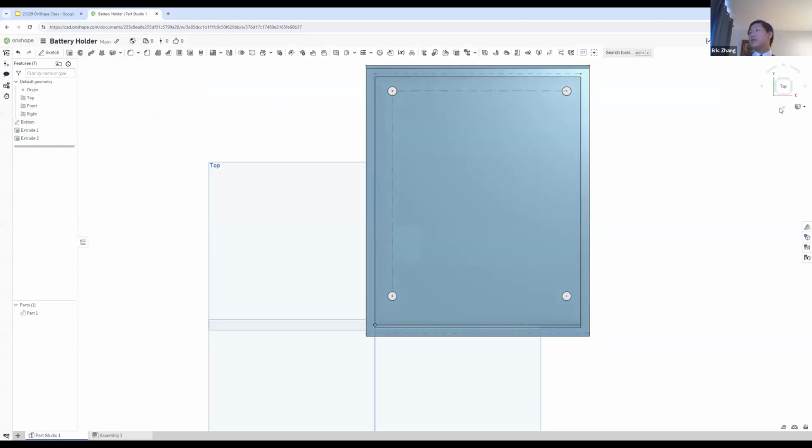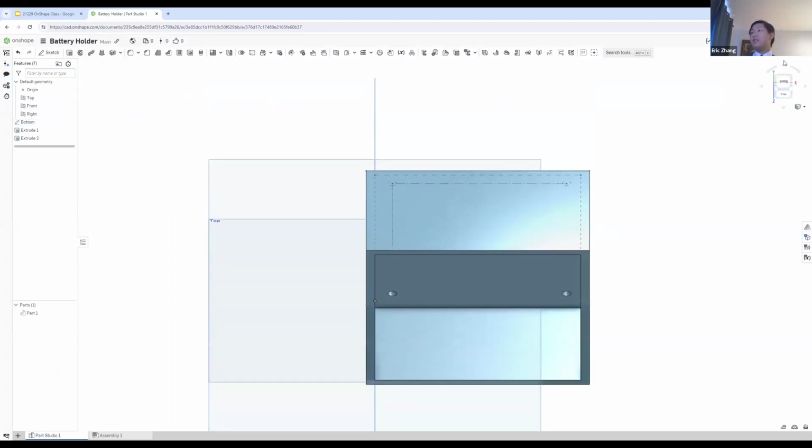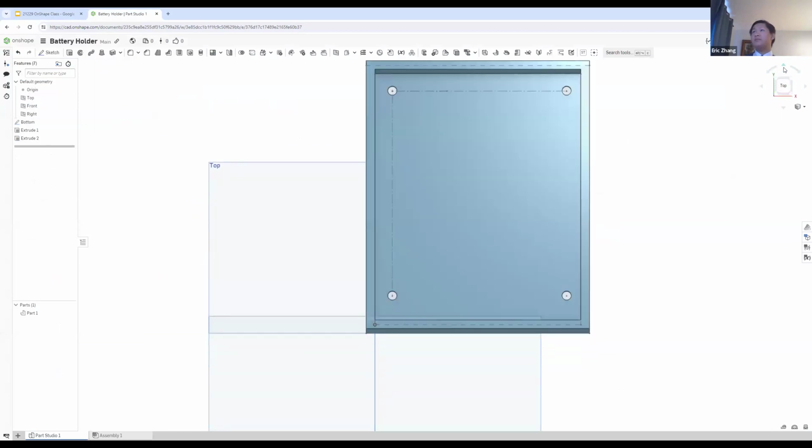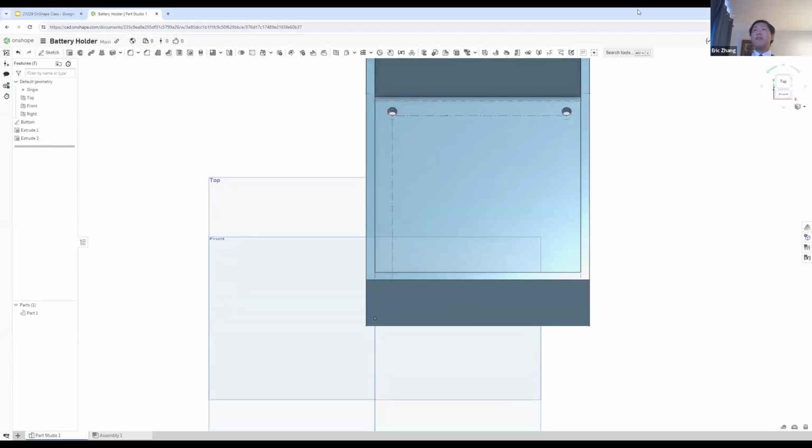So as you can see now, you've created this type of box for your battery to be in. Okay, now I'll try to help with your technical problems. Everyone else, please try to